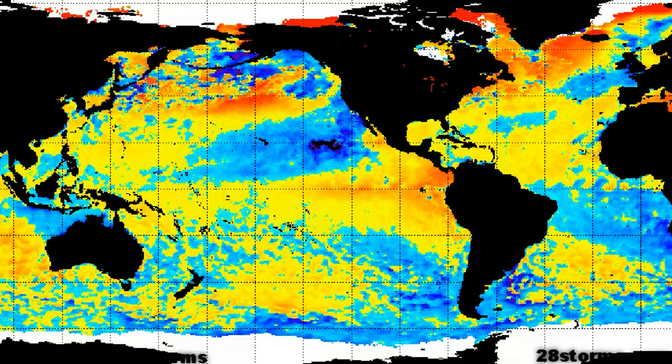Finally, we'll leave you with an update in terms of sea surface temperature anomalies, and this is the latest update as of the 16th of July from NESDIS. And we're not seeing much in the way of any changes. The Atlantic is still running average to slightly above average, while the Pacific is still starting to look more like an El Nino type setup, but it's going to remain relatively weak, so it's not going to completely shut down hurricane season, and we're still expecting things to ramp up at least a little bit as we head into August